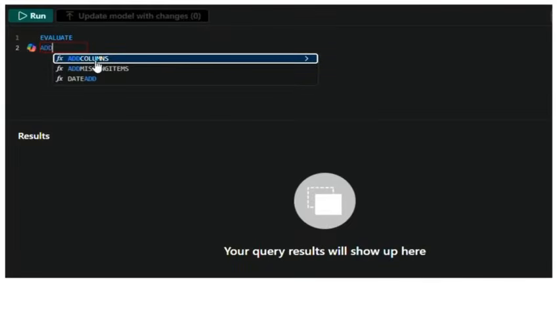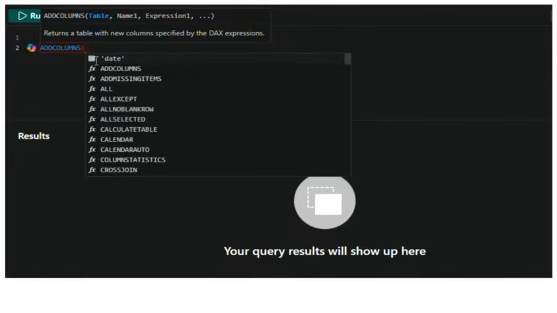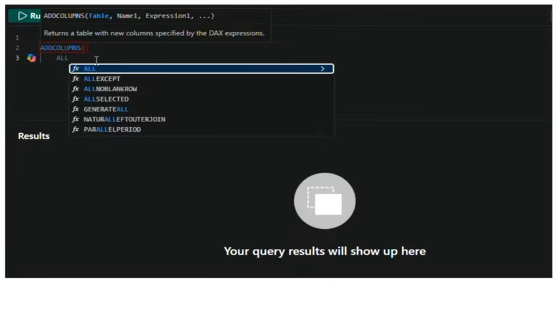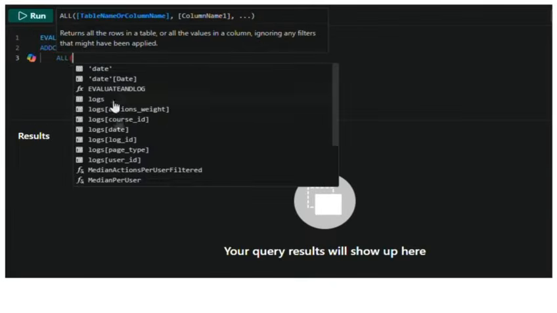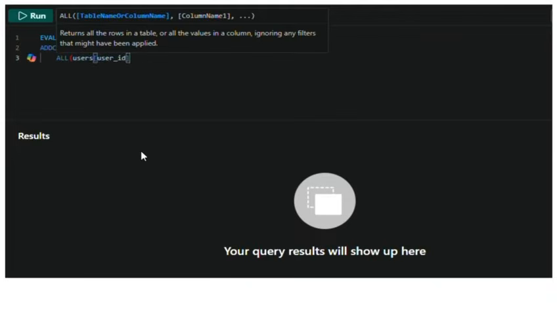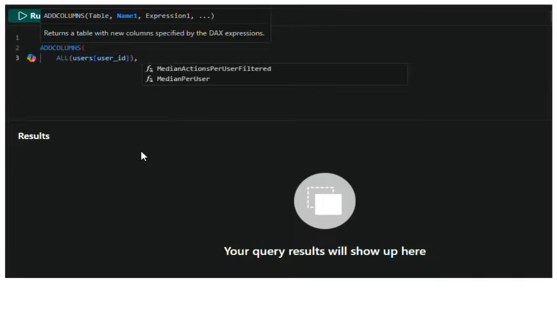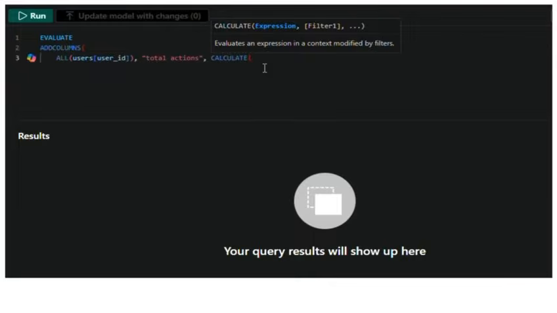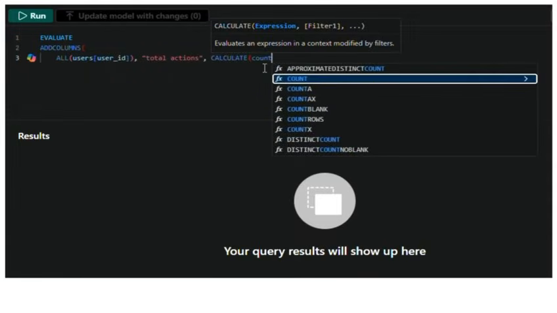Let's start with a basic block in DAX, ADDCOLUMNS, which helps us to add a new calculated column to a table expression. In this case, we want to show the total number of log actions each user has performed. We use ALL that returns all distinct users, ignoring filters. Total Actions is the name of the new calculated column, and the expression CALCULATE COUNTROWS counts the total number of rows